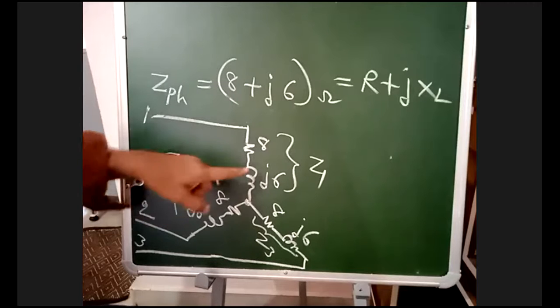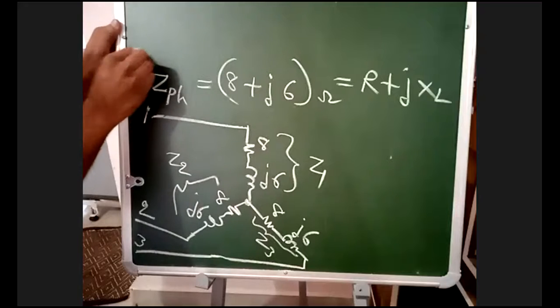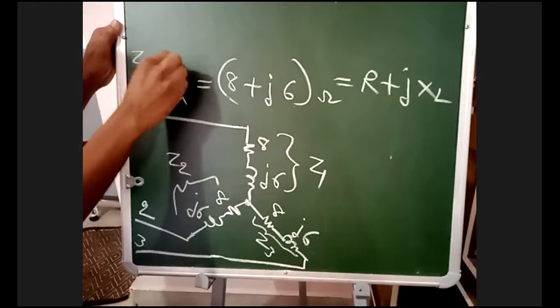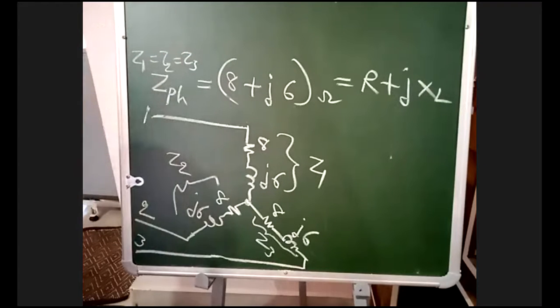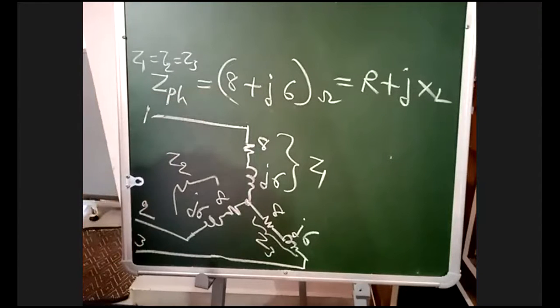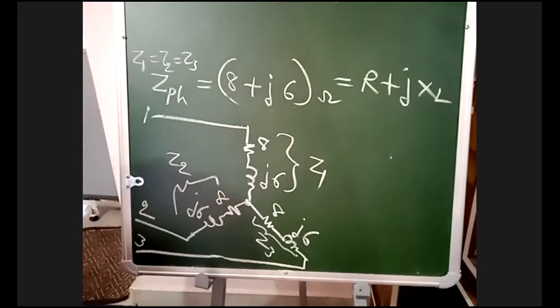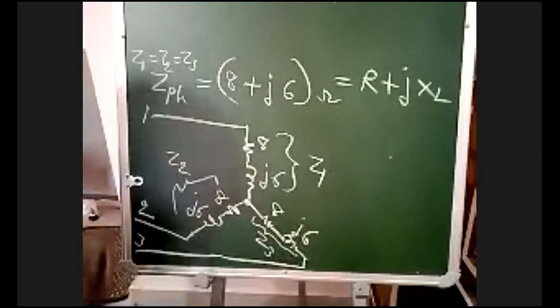Remember that phase impedance Z1 is equal to Z2 is equal to Z3 is equal to Z phase. In each phase we are having the same, that's why I told the note point. In problems, always they will give phase impedance. There is no concept of line impedance. In problem, whatever it is, you have to take it as phase impedance. Have you drawn the diagram? Yes, sir. Now see here.